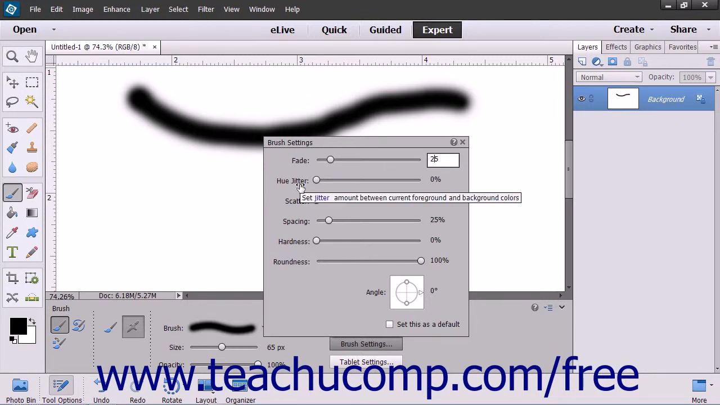Hue Jitter will vary the stroke between the foreground and background colors. The lower you set this value, the less frequent the variation. Higher values can cause more frequent switches between the two colors. Scatter will scatter the brush marks within a stroke. The higher you set this value, the higher the number of brush marks and the further apart the marks will